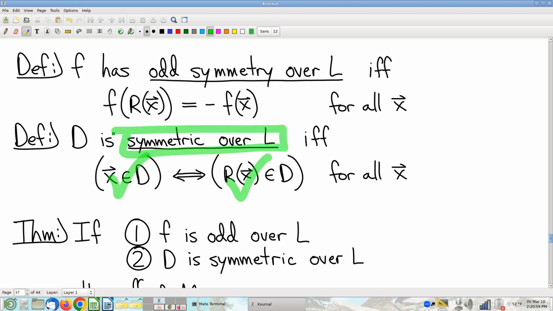So think about the Rorschach test, where they put down some ink blot and they fold it over, right? And you always get a symmetric picture. And the folding is that reflection, right? The crease is the line L, the folding is the reflection. Okay. All right, so with all of this noted,